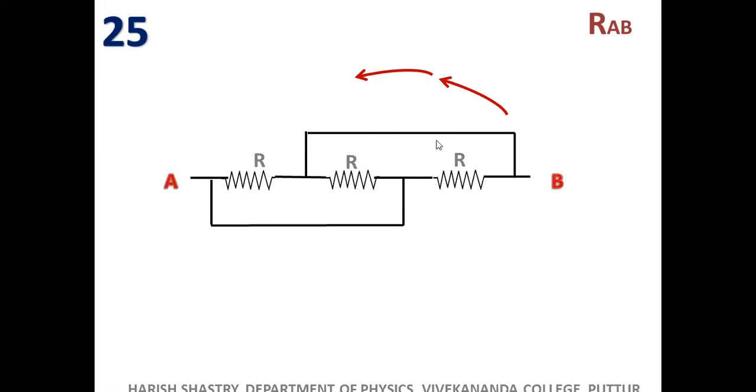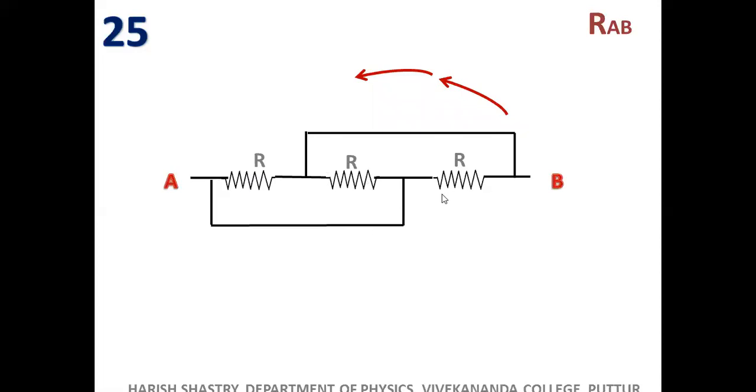Now suppose you have a resistance in between, they are not made common. That becomes different. That becomes a Wheatstone's network actually. So let us not bother about that part now. So if you have a connection like this, of course, it is a parallel connection. And remember, here no two resistors have been connected by a common wire. You may ask me, sir, resistors are shorted here. How come you will get R by 3?